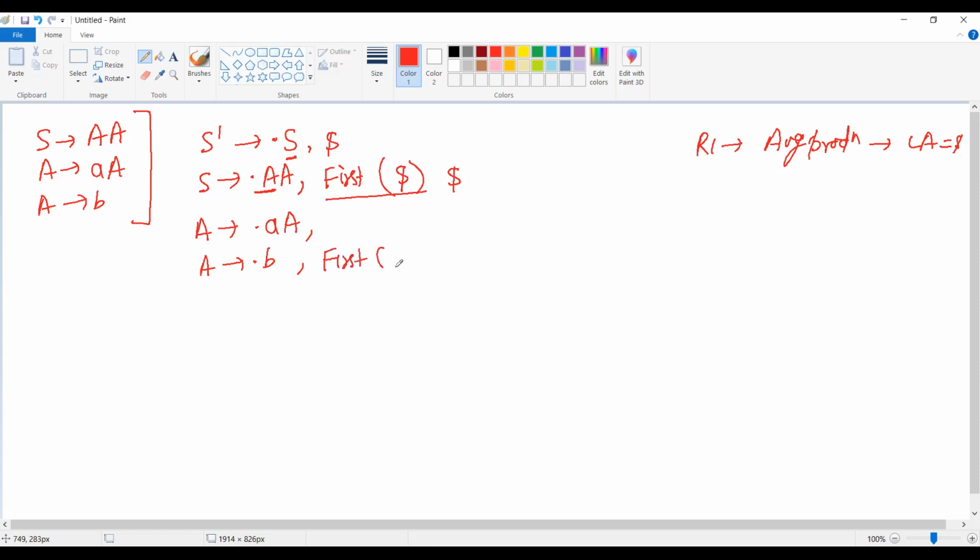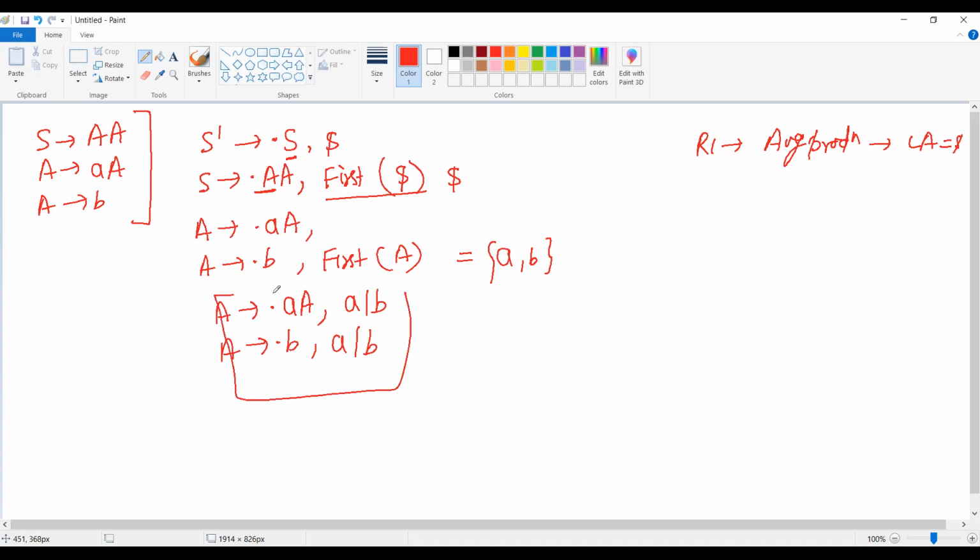I'll add first of A after this. ठीक है? अब first of A अगर आप निकालते हैं तो आपका क्या निकलेगा? a, b निकलेगा. Fine. So this will be your LR1 item of the A production.